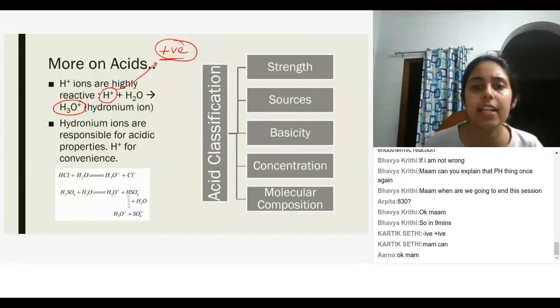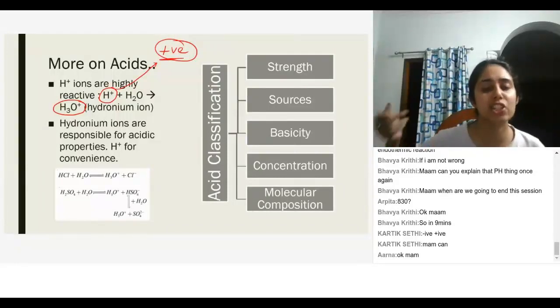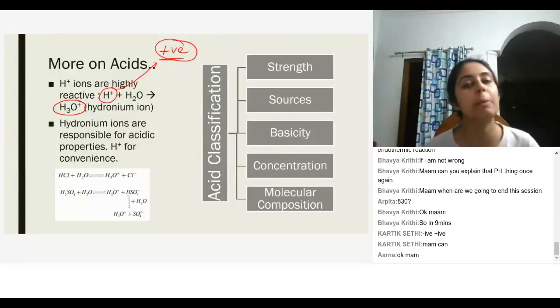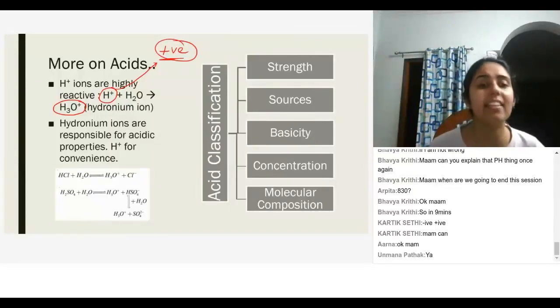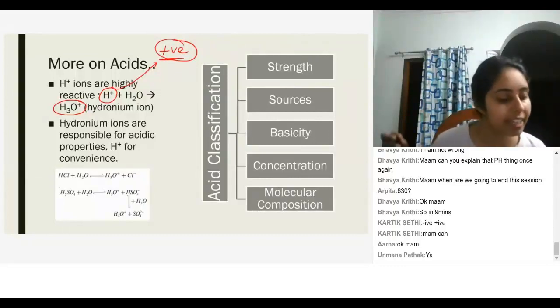Priscilla, did you understand? So basically what I'm saying is H plus ion is extremely unstable. It requires that positive charge to be balanced off with something, with anything. Even if it is not a negative charge, it will react with it. All right, guys. So that's